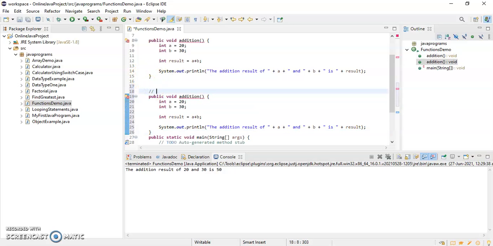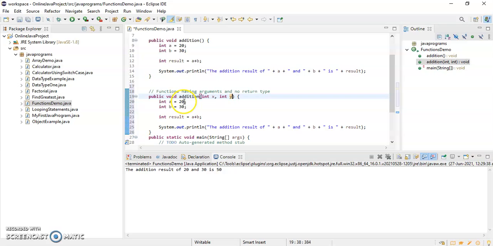So I'll just write here functions having arguments and no return type, right? So here I will pass two parameters of integer type.